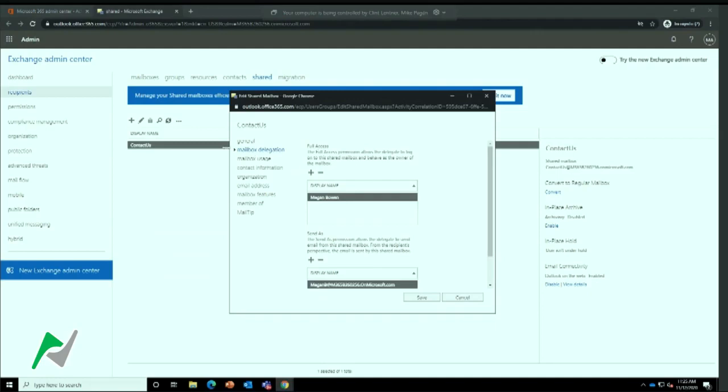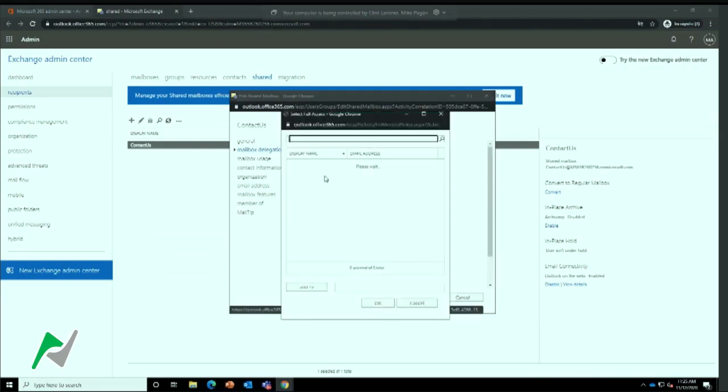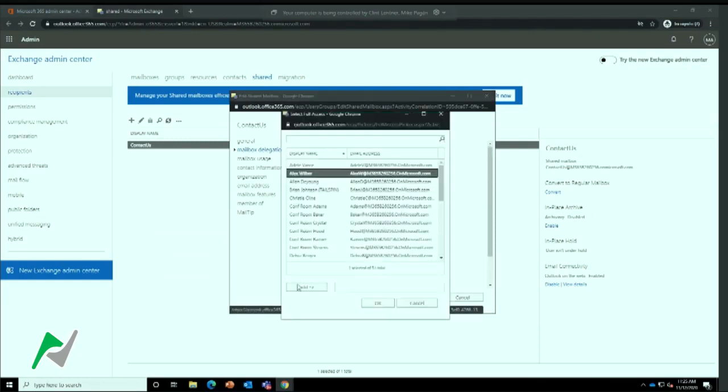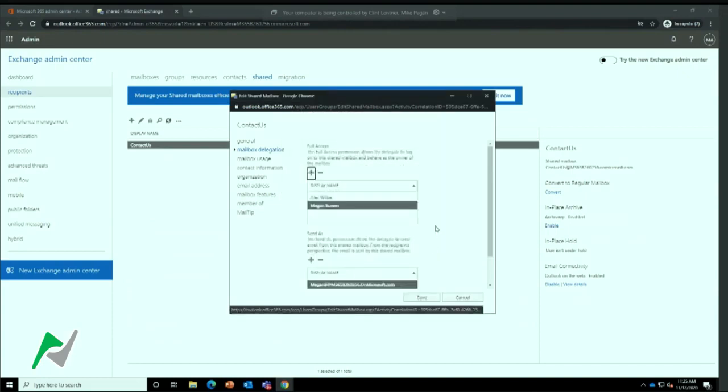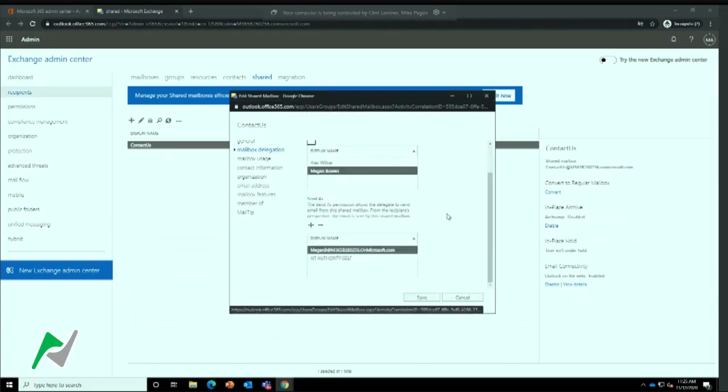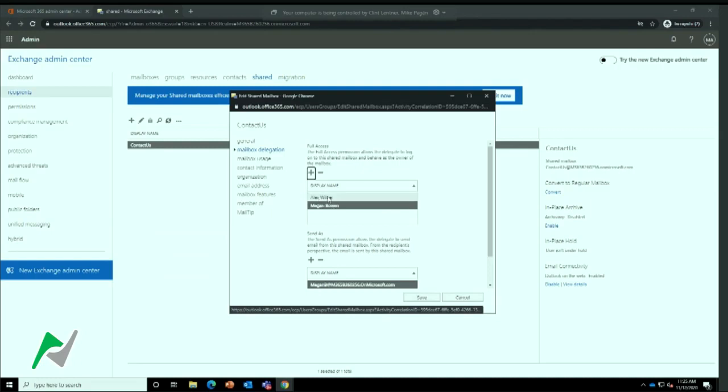So I've delegated this shared mailbox to Megan. In this case, this is a contact us, and I may have multiple people accessing this mailbox. So in this instance, I just have Megan, but maybe if Megan's not available, Wilbur is her backup, or maybe they both manage this account. So by doing so I just added Wilbur, and if I hit save, what'll happen on Wilbur's Outlook account